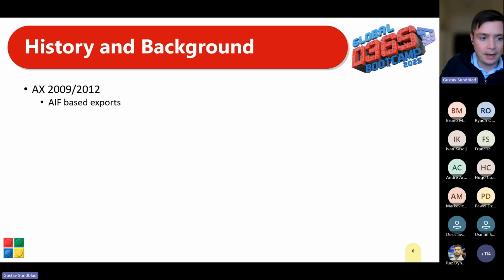You have one hammer in your toolbox and you have to use it. There are no other ways of doing it unless you build everything from scratch. So we had the AIF-based exports. They were fairly good, fairly competent, but what they spat out of the ERP was a native format. So in every project, you had to do a lot of meetings with integration teams, and you had to map,